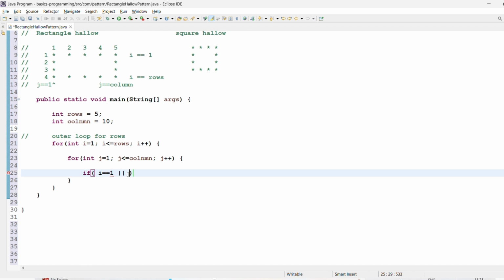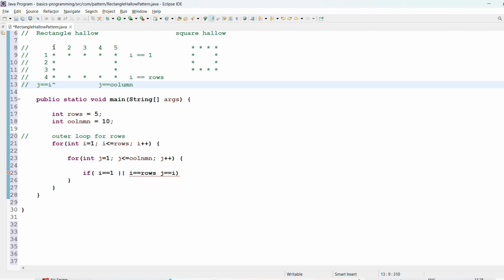For that, when i is equal to rows, which is 5, it will be the last row, then you have to print the star. Then the next condition, when j is equal to 1,